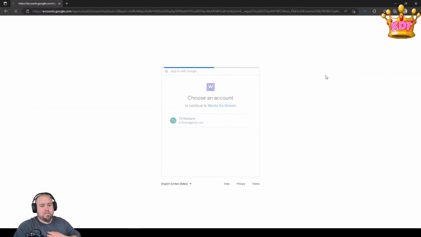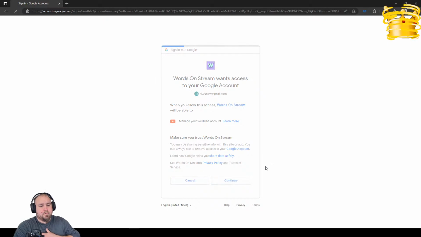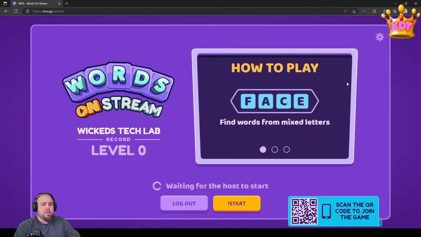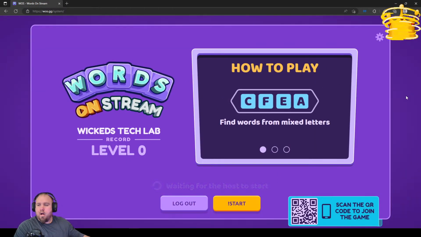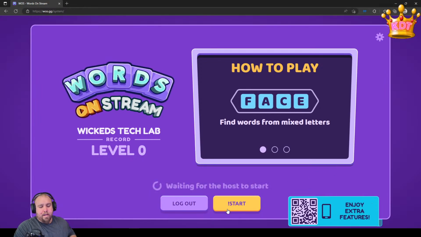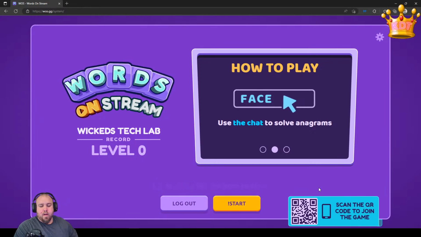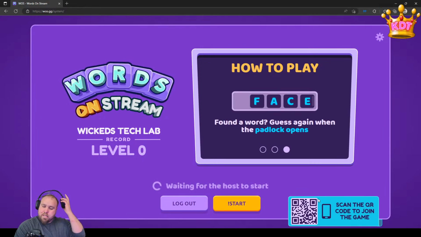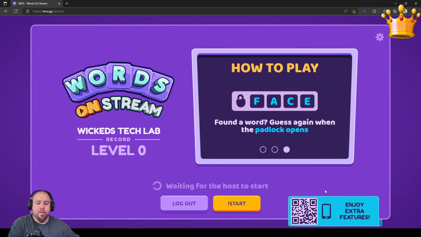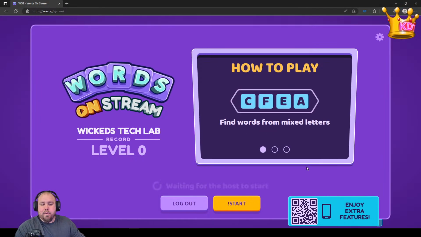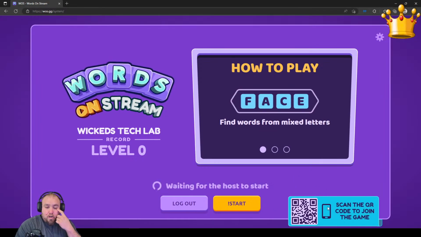Let it sign us in. And then here, I can either type !start in the chat, or I can just hit the button. But anybody can play. All you have to do is scan the QR code that's on the screen right now, and then it'll let you join right in.